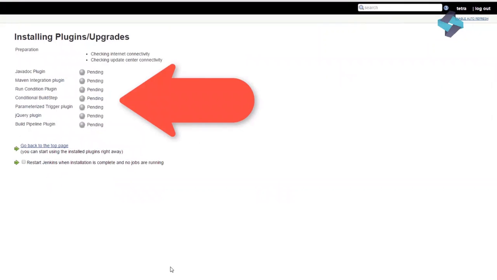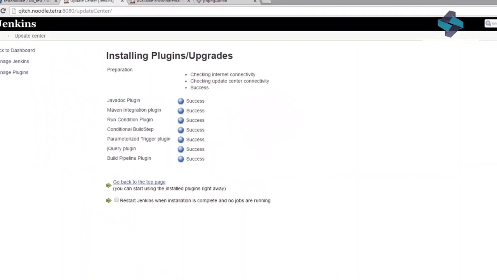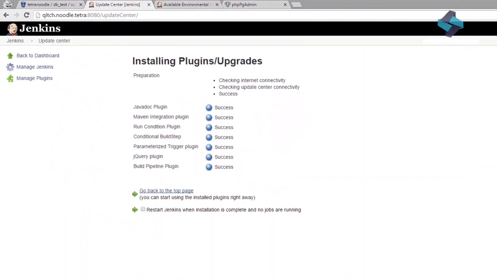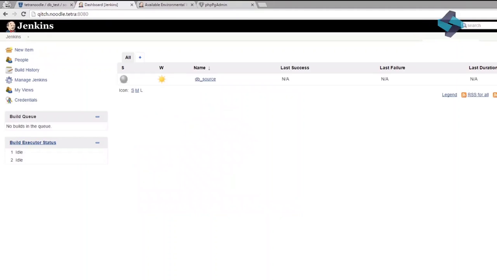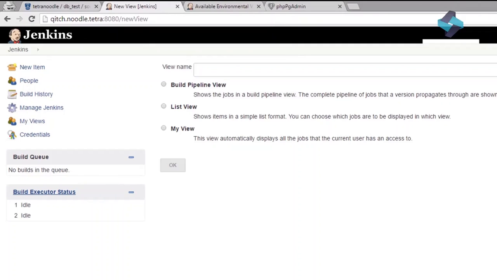Now Jenkins will automatically download the plugin and necessary dependencies and install our plugin. Okay, now our installation has completed successfully. Let's click on this Go Back to the Top Page link to get back to the Jenkins homepage. And now we can create our build pipeline view. We will click on this plus icon, and for our pipeline view, we will use the name